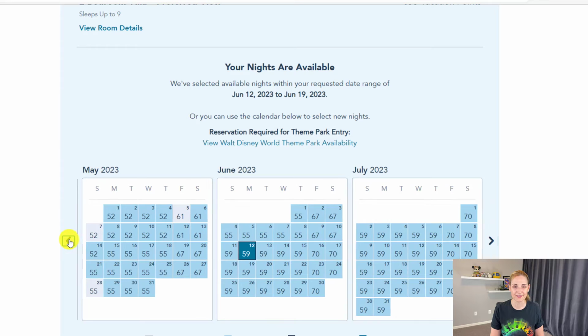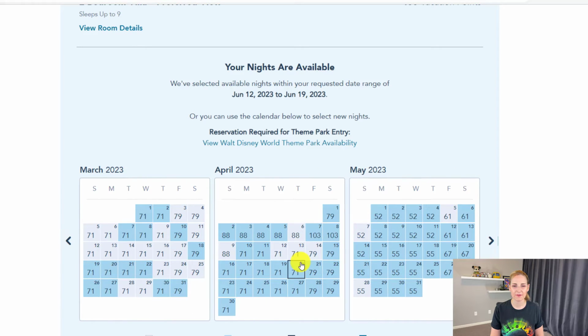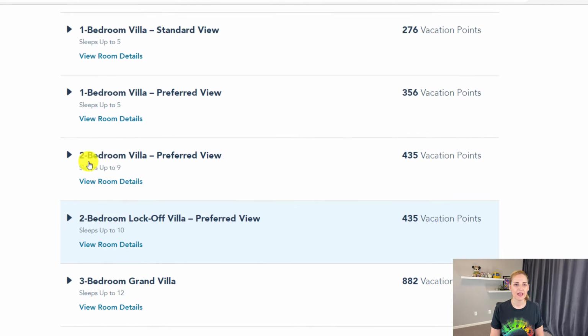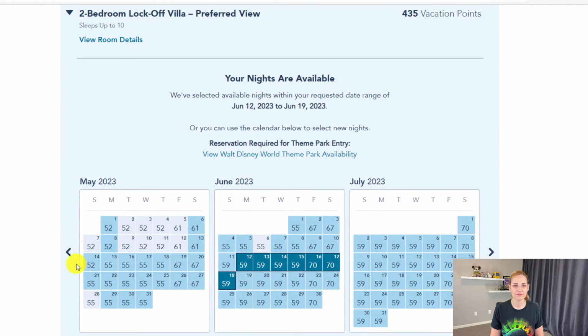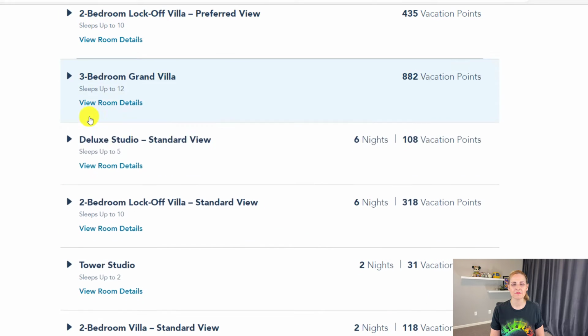You can book stuff at Riviera. So even still, good availability back here. But I mean, this is an expensive room, over 100 points on weekends around spring break time. Ooh, expensive. And let's look at the 2-bedroom lock-off with the preferred view. Yeah, 2 bedrooms, I would say